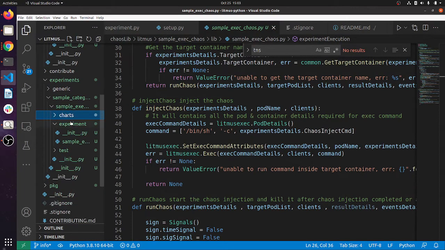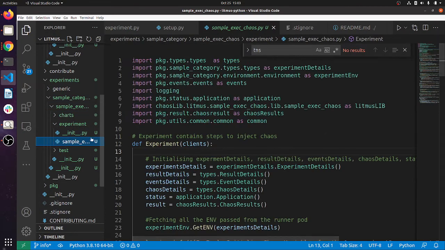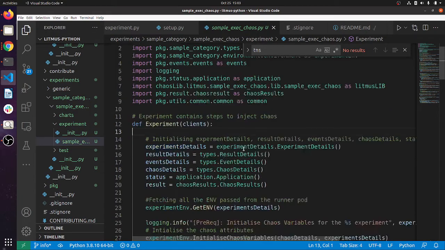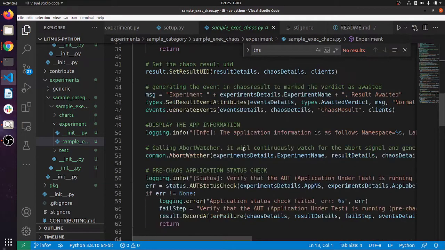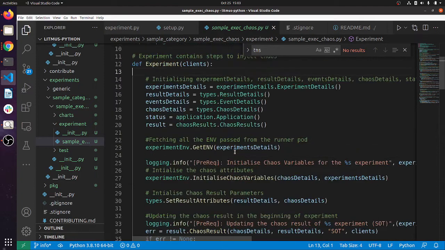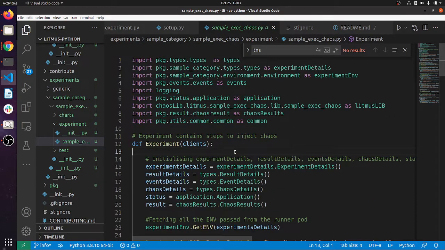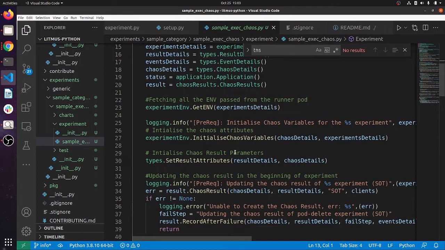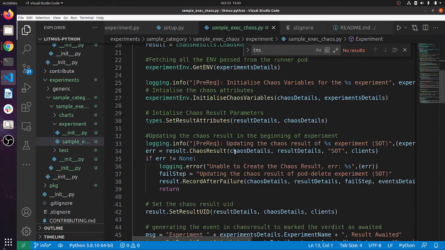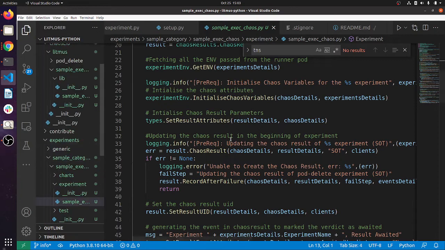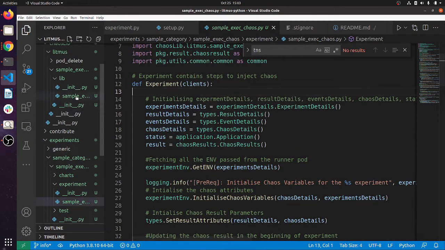Before we start creating our own kiosk, let's first look into the experiment file. This is the main file where our experiment will run. We first have to check a couple of things like AUT, application under test, and post AUT as well. During the application under test, we will be injecting our kiosk, which is present inside the kiosk lib.